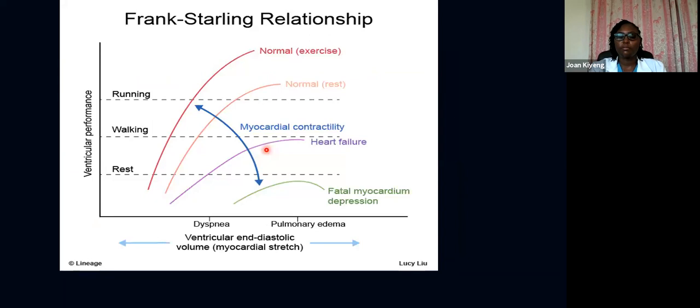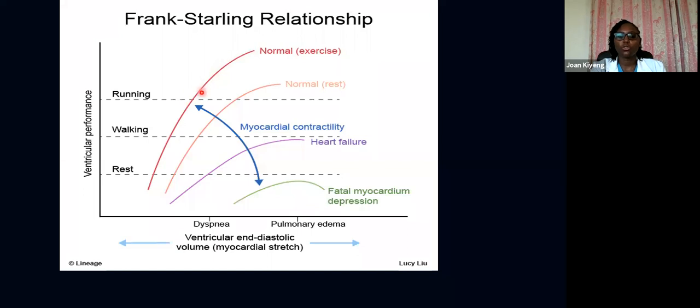And this is the same as I was telling you: this is somebody who has depressed myocardial function, and this is somebody who is in heart failure. So this ventricular performance is dependent on the ventricular end-diastolic volume. And of course, end-diastolic volume comes about once you already have the atrial kick and the mitral valve is closed. So now, as you can see, this relationship is going up as you expect the volume to increase, like during exercise,